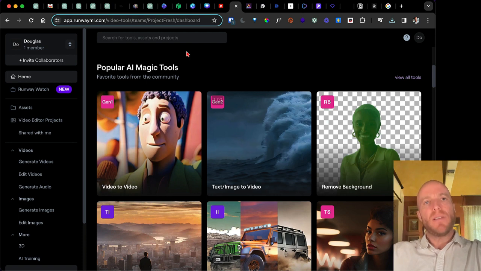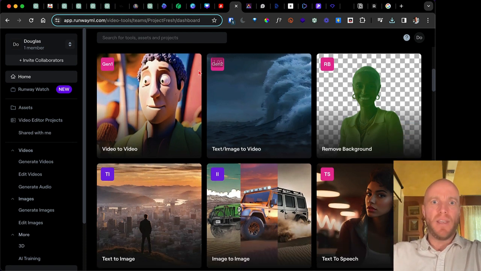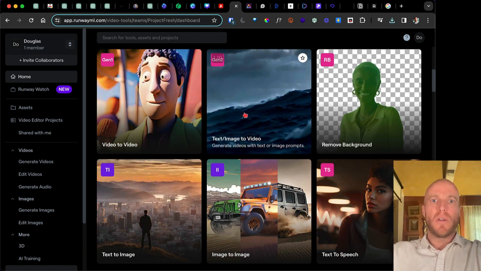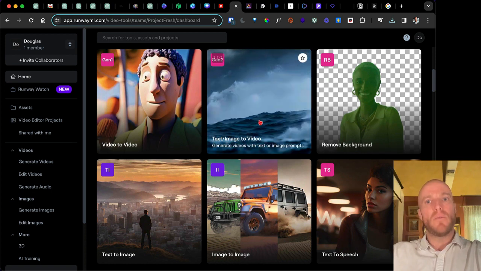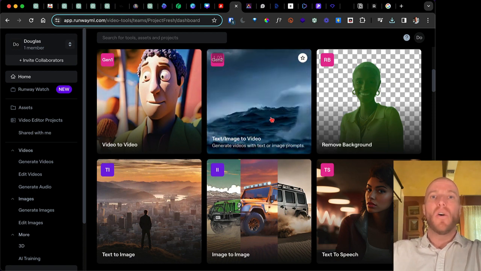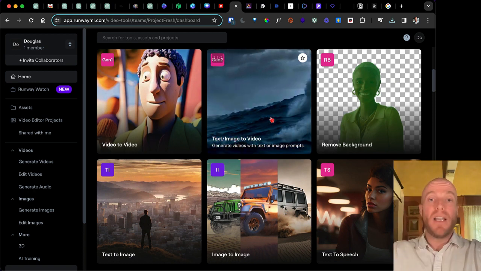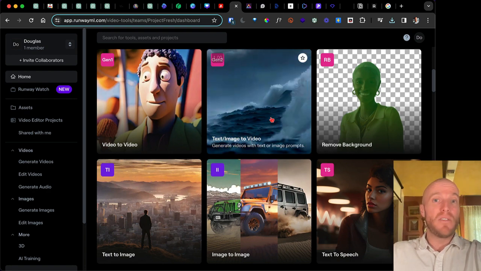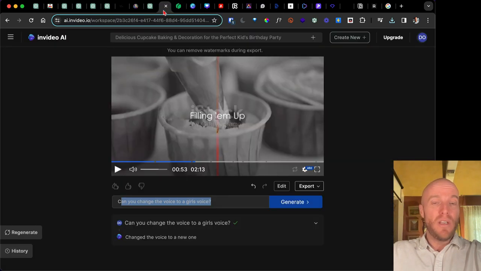Getting a little more advanced, but I at least wanted to touch on how much progress AI video is making. This tool can do text to video. Right now they're relatively short, but they can be pretty cool, especially if you're creating ads or even short little videos. You could even take something like this and maybe bring it into our InVision. And if this was about cupcakes, I could come in here and create a text to video.